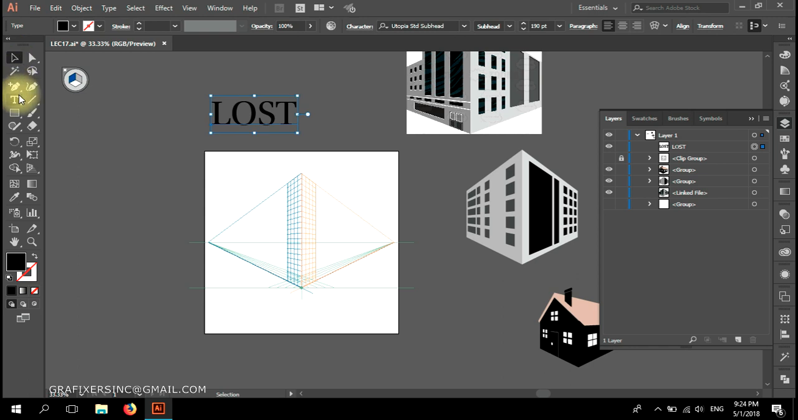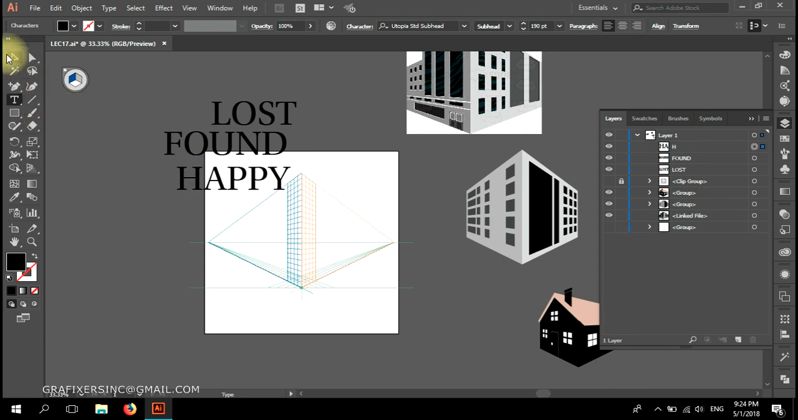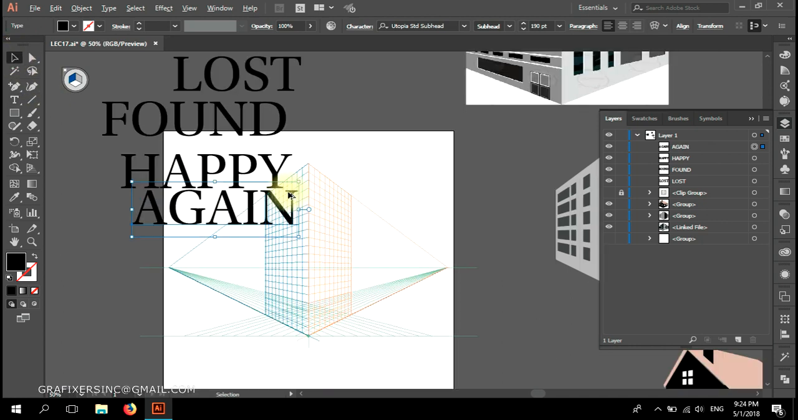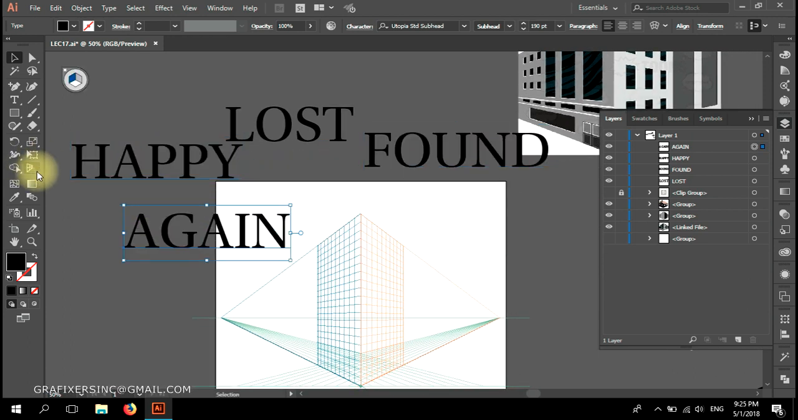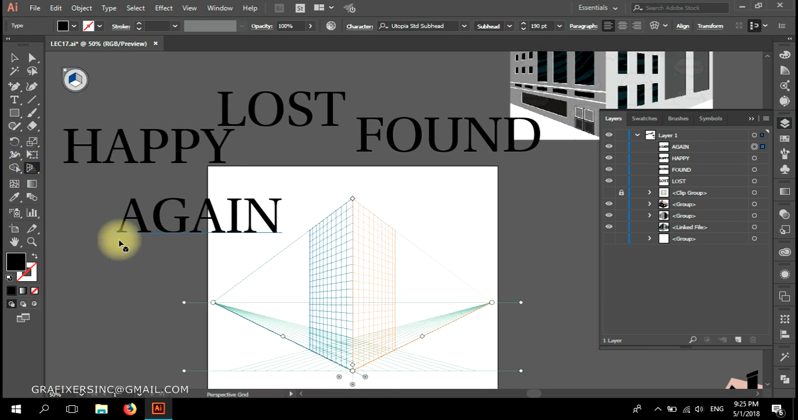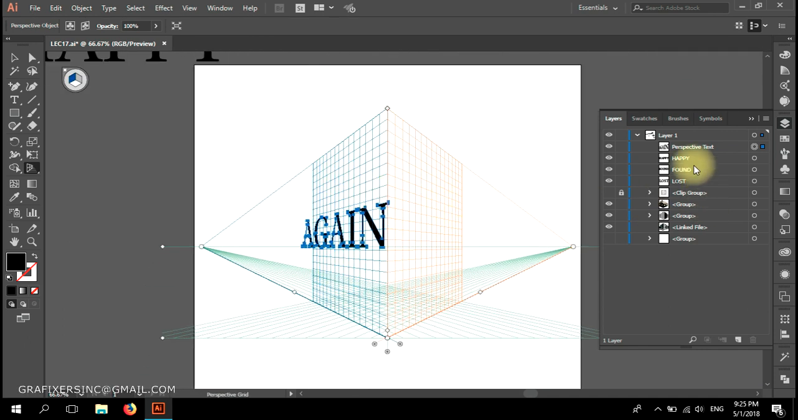Lost, found, happy, again. I have 4 words, so what I can do, going back to the perspective grid, I've selected the blue side. By pressing and holding the control button, I'm bringing text over here,